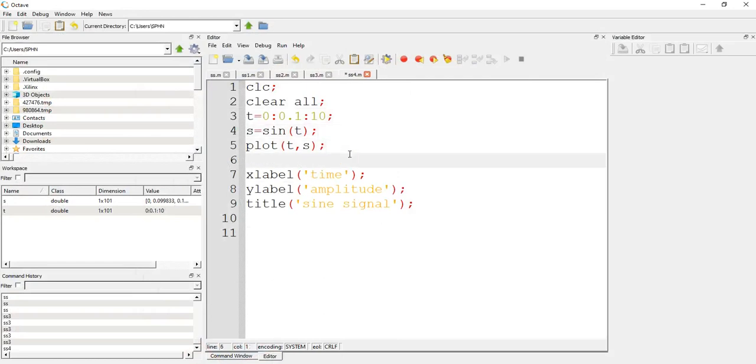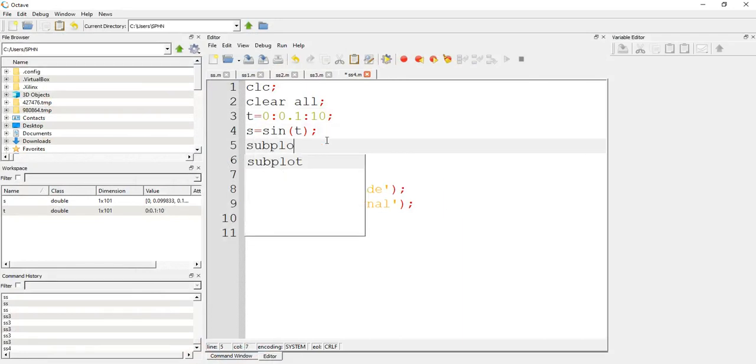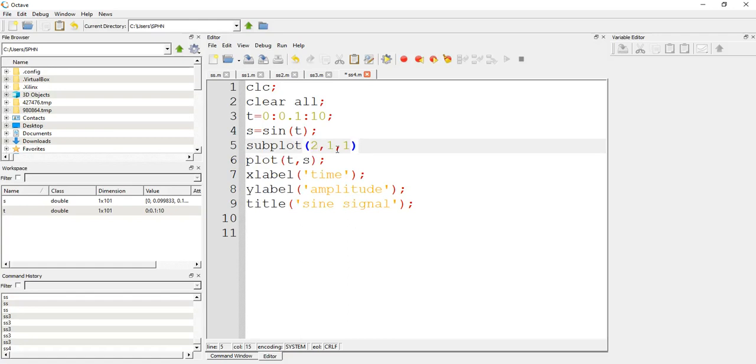So what I am doing here is, after plot or after giving this signal, what I should write is subplot. So I am dividing my graphic window into certain parts. How that dividing is done means, so now I am giving 2 1 1. The first two elements indicate a matrix size, that is a 2 by 1 matrix. So the complete window is divided into 2 rows and 1 column. Next, the position of the figure is first one. So first we'll get a sinusoidal signal.